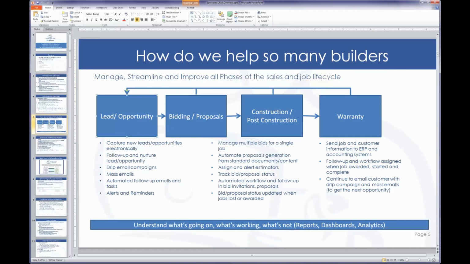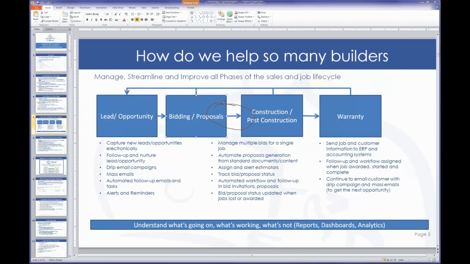Additionally, once you move them into the bidding phase, you'll get new reminders and alerts once you assign an estimator to that job to start preparing the bids. They're going to get reminders and alerts. Since we are designed for construction, there are things like bid due dates and multiple estimators, and everybody is alerted and reminded of when things get done. Now, hopefully after the bidding phase you'll change the status to awarded right in here,